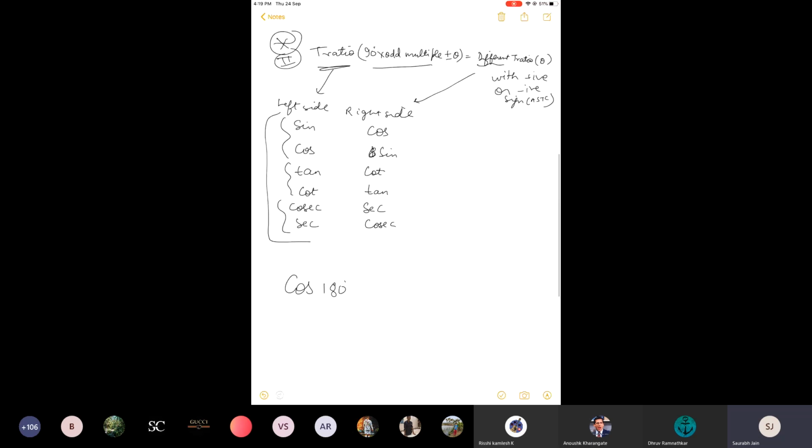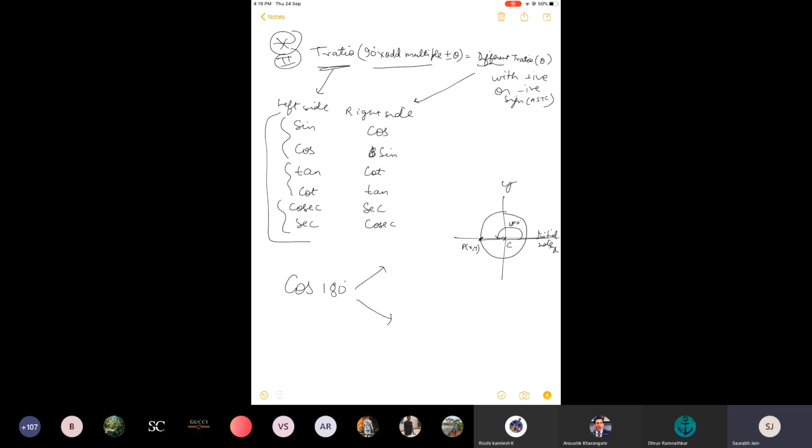So, if we have cos 180 degrees, his question was what if the angle is on the axis. We measure angles with the help of a circle. So 180 will come on the negative x-axis. How? This is some circle, and there is a point P(x, y). Now that point will be here, because this is the initial side, and we join P to the center. This angle in this direction will be 180 degrees.